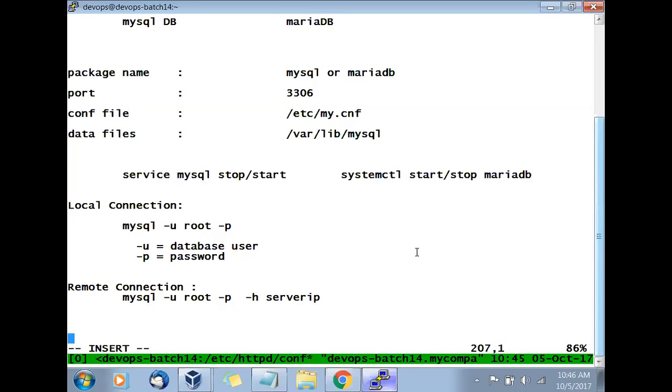So this is how you'll go with the MySQL connectivity. So let's go and see that.